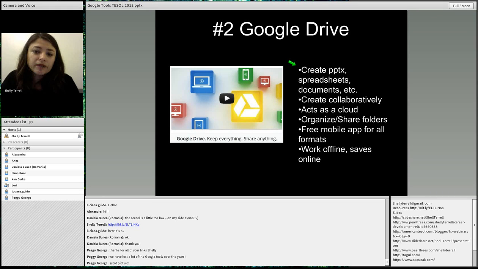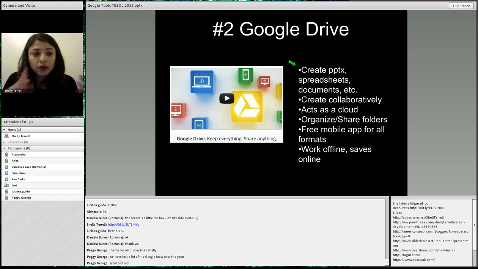Google Drive. Google Drive is my absolute favorite. I still use Dropbox, so it's not a replacement for Dropbox, but I do use it a lot more than I use Dropbox. There's a reason why. It's a cloud tool. What I mean by the cloud is, on the internet, you can save information, and this is very, very helpful. People get scared about it, but for people like me who do a lot of work online, it's really, really helpful. It saves me so much time because I'm a teacher trainer. I travel quite a bit. My students, your students, they're going to travel.